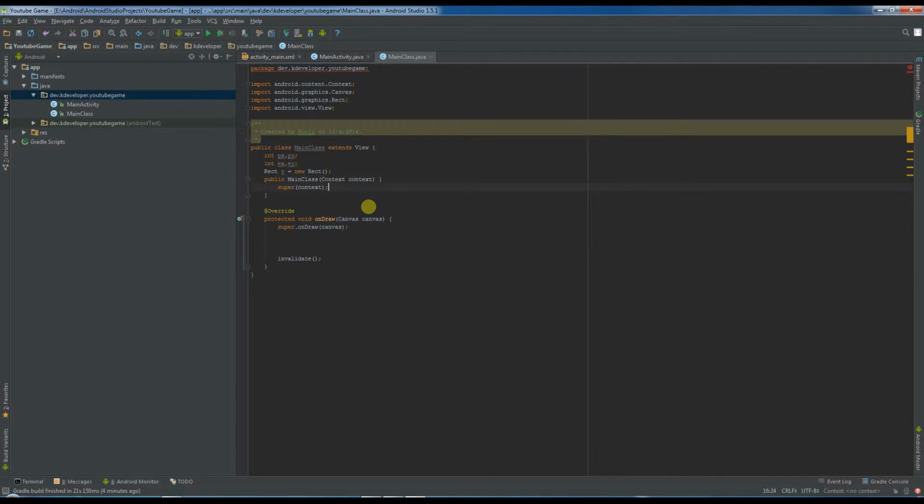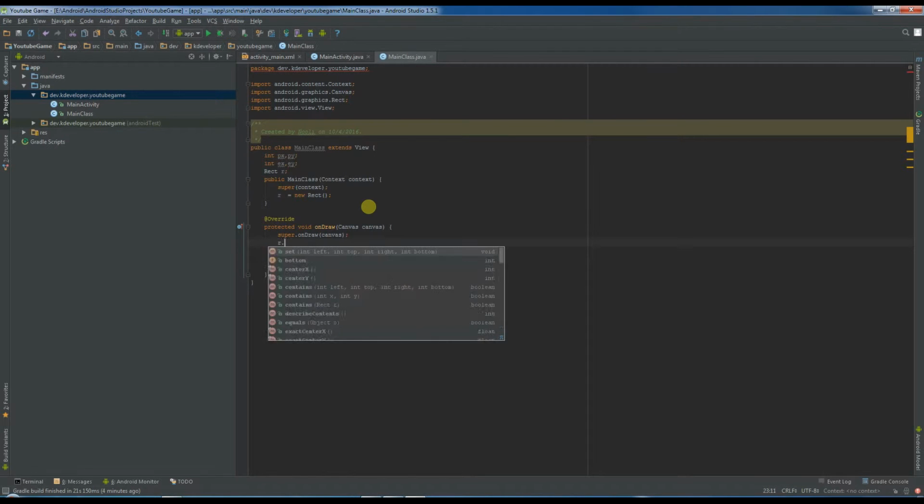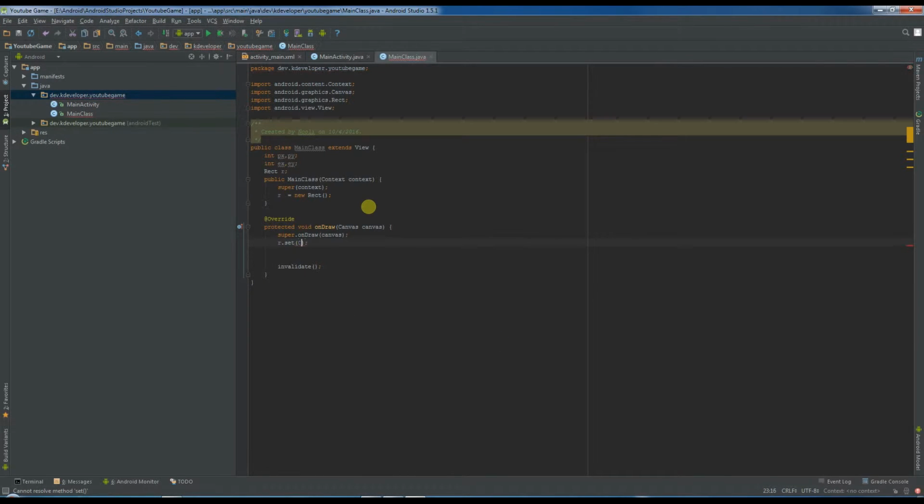Although we should probably put the initialization in the constructor. Yep. Now we shouldn't get the null pointer error. Now what we can do is do r.set 0 0 and